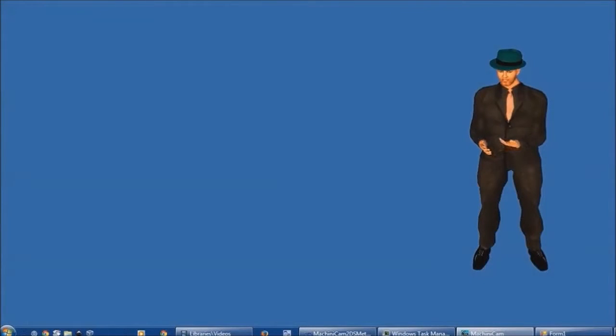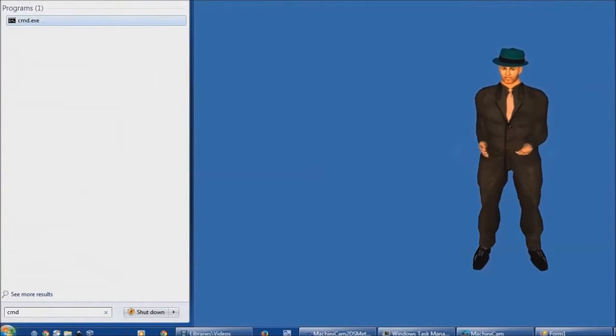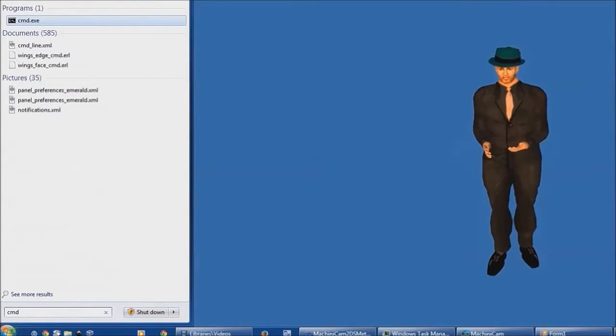Hello, I'm going to run through how to set up the VJoy driver and VJoy VW application so that you can use a virtual joystick to control the camera in Second Life or OpenSim. If you're running a 64-bit version of Windows Vista, Windows 7 or Windows 8, you first have to put your computer into test mode. Start up a command prompt,